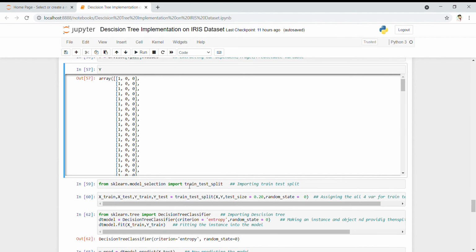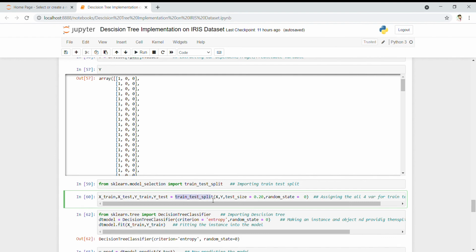Then I assigned my four variables, X_train, X_test, y_train and y_test, set equal to train_test_split, which will split our train and test data. In the parameters I specified my X and Y, the independent and dependent variables, and then provided my test size, whether I want to split 80-20 or 70-30.